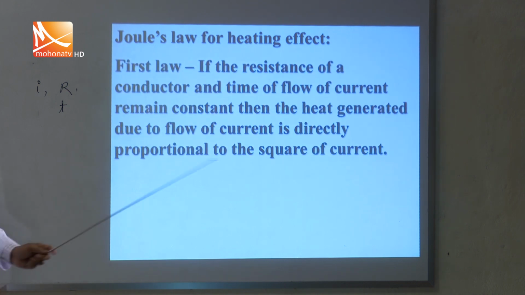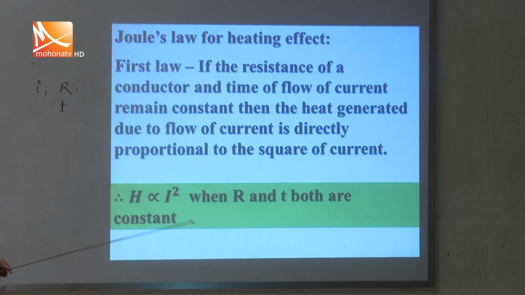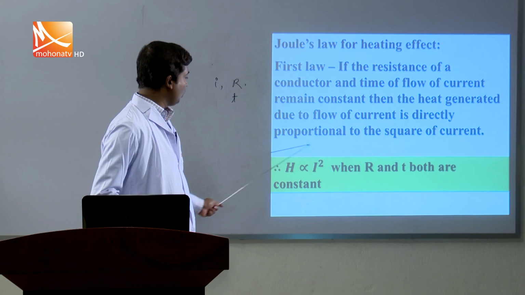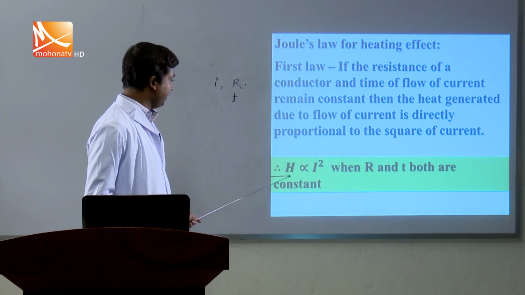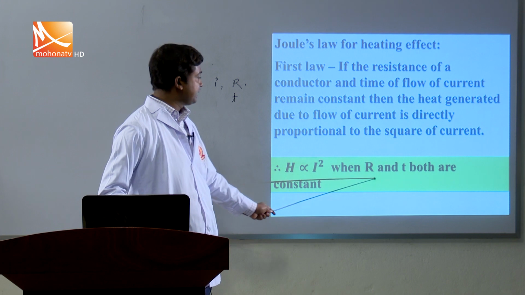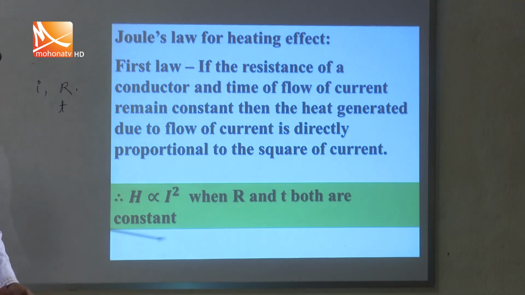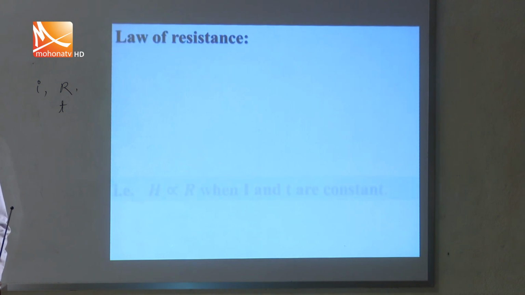In the first law, you know that if the resistance of a conductor and time of flow of current remain constant, then the heat generated due to flow of current is directly proportional to the square of the flowing current, that is H is proportional to I square. That means if resistance and time remain constant, then produced heat will be directly proportional to the square of the flowing current. And the second law, you will learn that